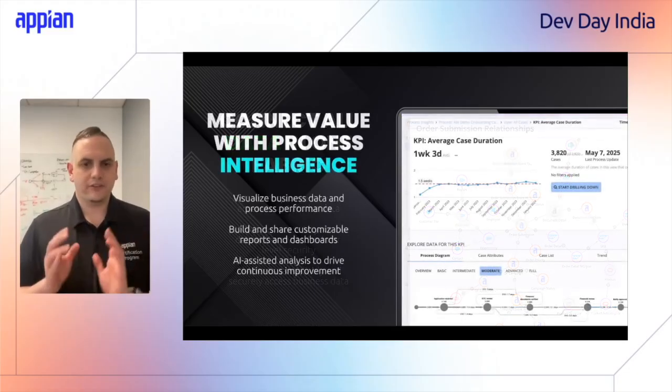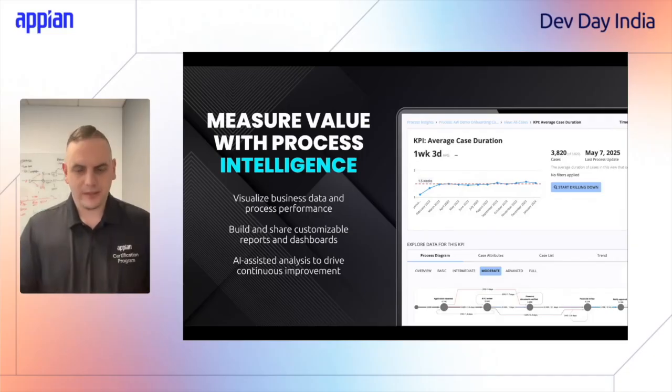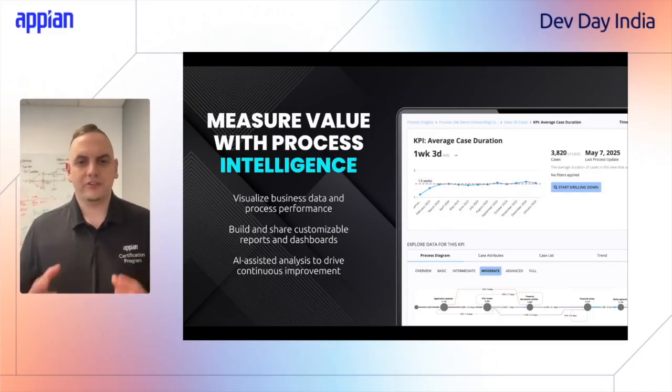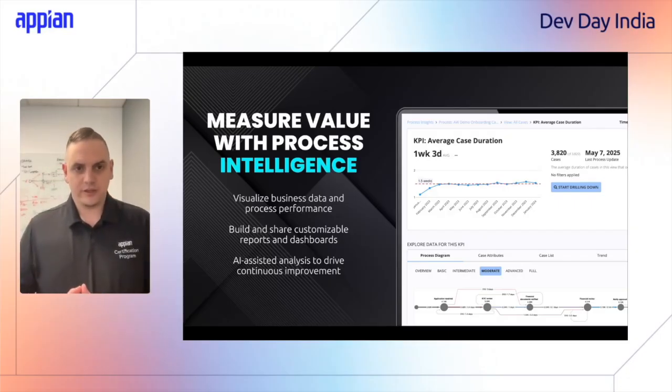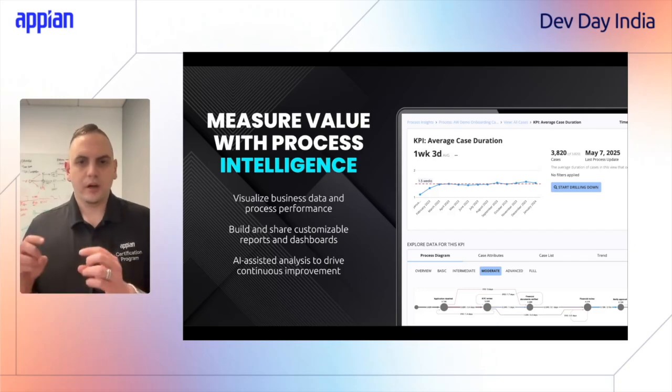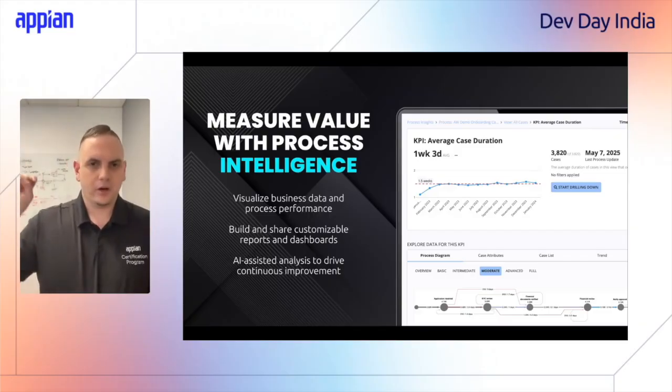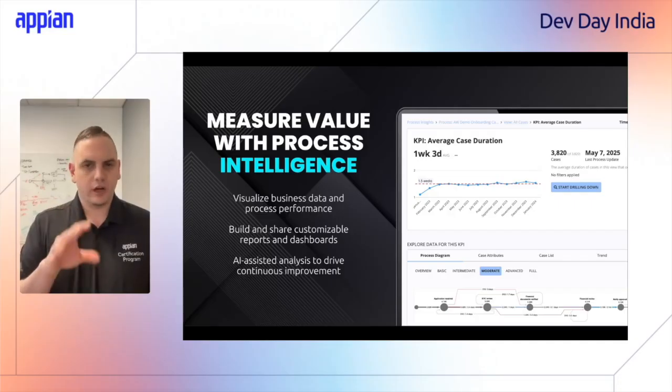But going beyond even just the process and the data, it also gets to the intelligence of the platform. And this isn't discretely about artificial intelligence. We talk about AI all the time, but that true business and process intelligence to see what is working with my business, what needs to be improved, what needs to be changed so I can run more efficiently. And the value of Appian is not just having this process intelligence capability as a core component of our platform, but that as a process intelligence company, we are also able to draw that full flywheel that you're able to see from insight all the way to implementing the change or automation you need